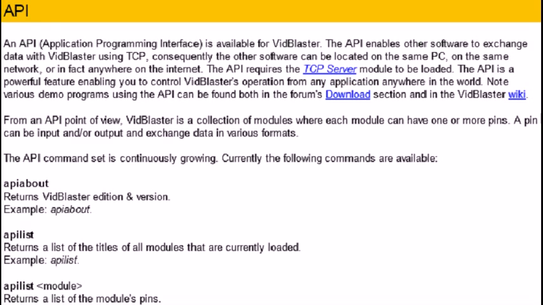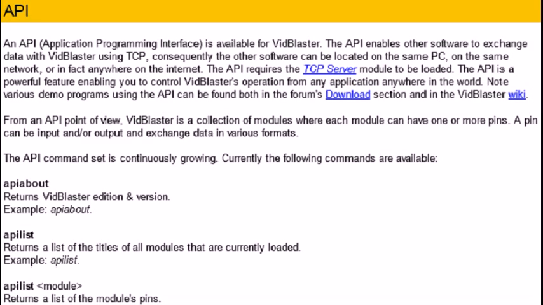It's under the heading of TCP server, the API, and it says, an API is available for VidBlaster. The API enables other software to exchange data with VidBlaster using TCP. Consequently, the other software can be located on the same PC, on the same network, or anywhere in the internet. And you can read the rest of it yourself.